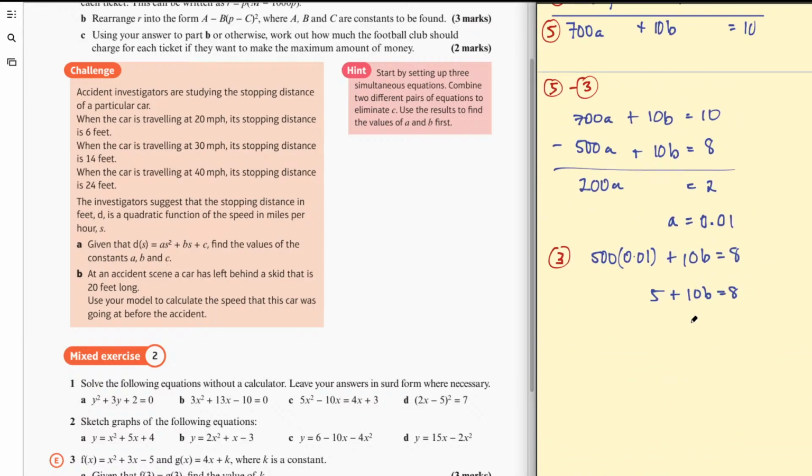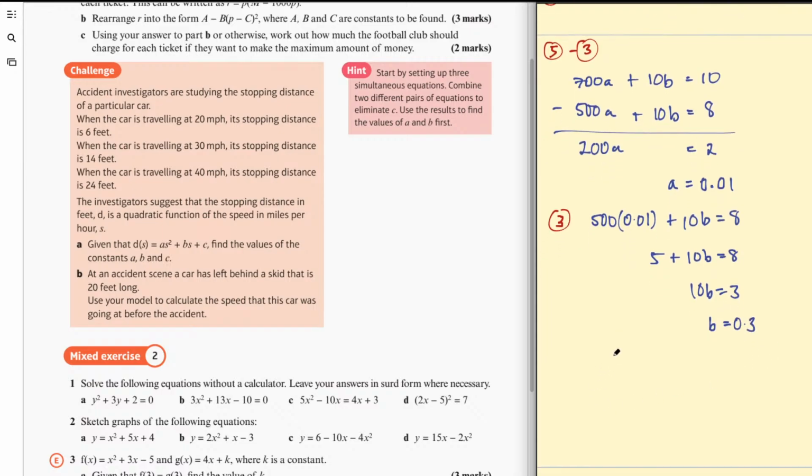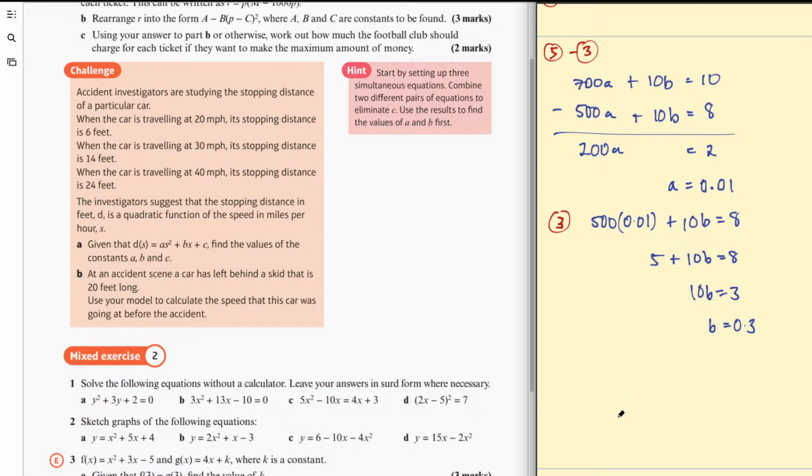And then 10b is equal to 3, 8 take 5. So b is 3/10 or 0.3. Okay, I have my values for a and b, so let's have a look at the original function again. This was a 0.01 s squared plus b 0.3 s plus c,